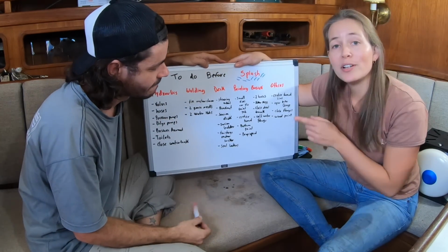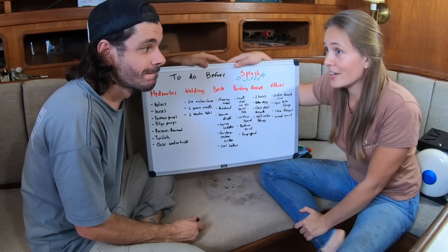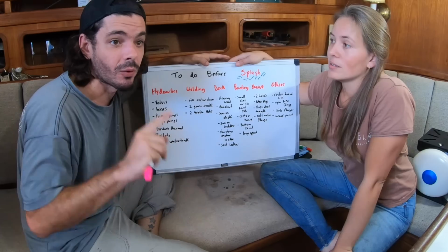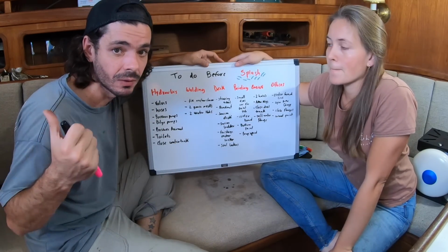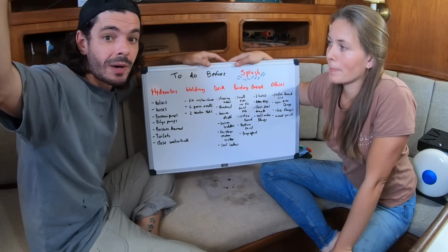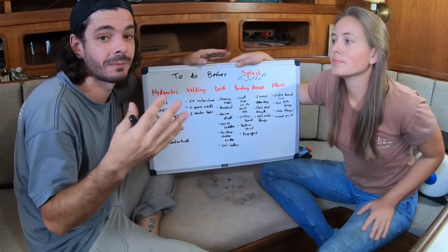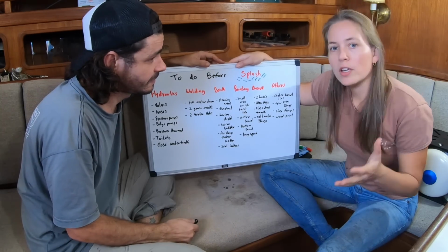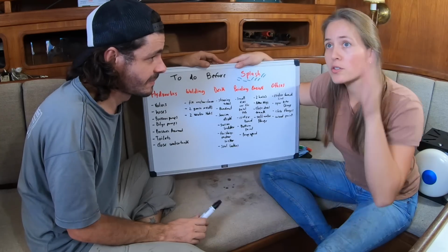We need to open our new dinghy that we bought 6 months ago, and we didn't open it yet, we didn't inflate it yet. The reason for that is because before going to the water we need to decide where we're going to store the dinghy. We might use the davits on the stern of the boat, or we might want to create a support right in front of the cockpit. We don't know yet. We need to try places and see where it fits better and where we want to keep the dinghy. We want to have all the weight we are going to have on the boat when we are in the water, so we can